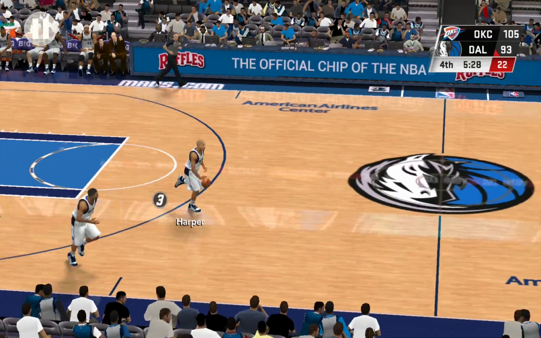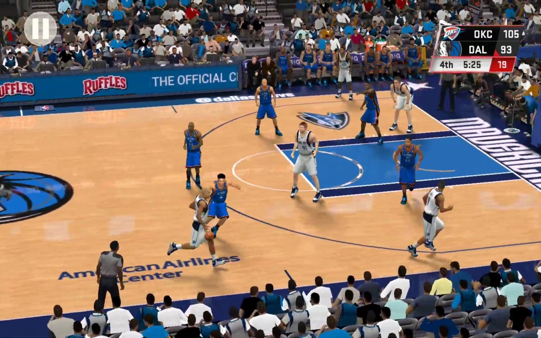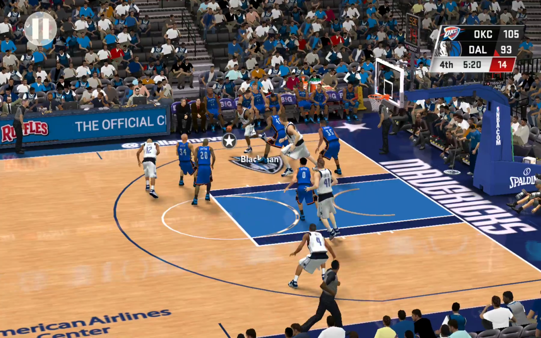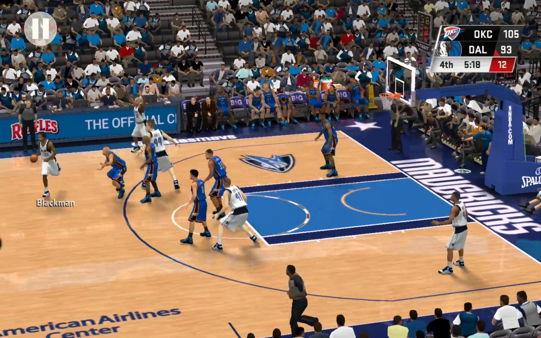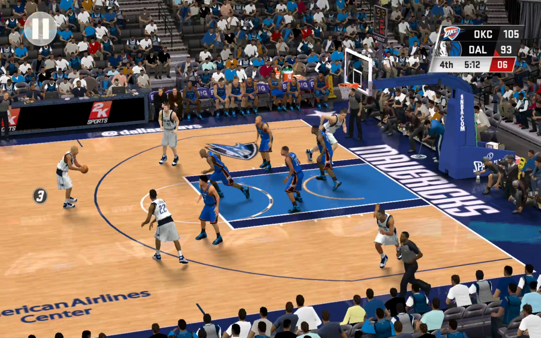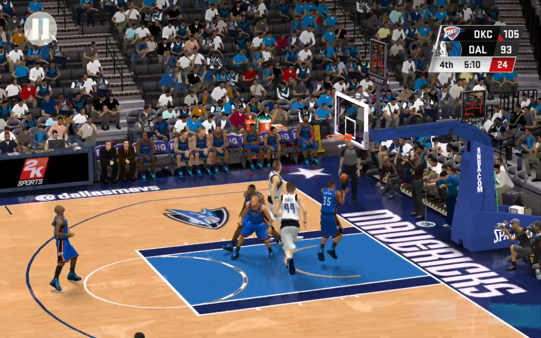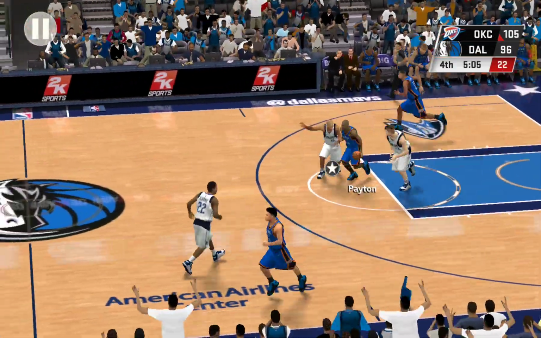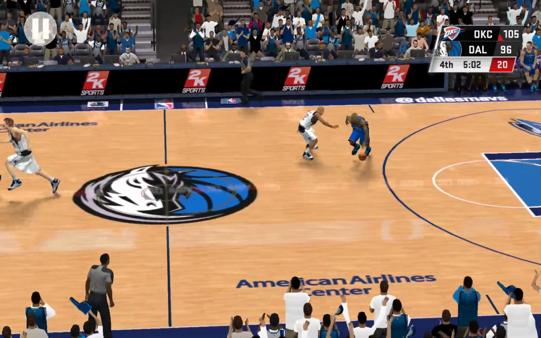Here's Harper. Finley. Pass to Harper. From downtown. And he gets it to go. And here is Payton.